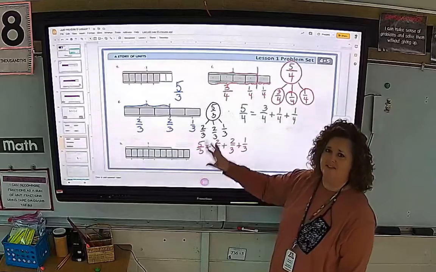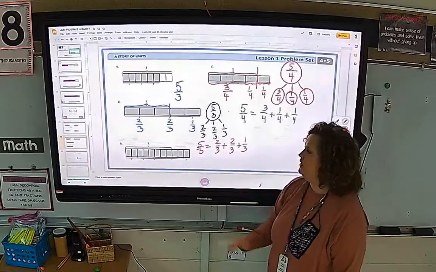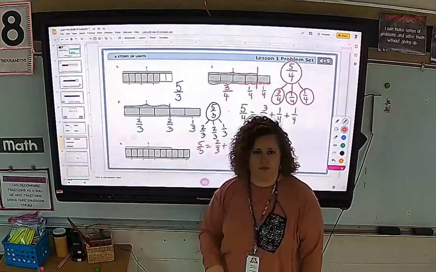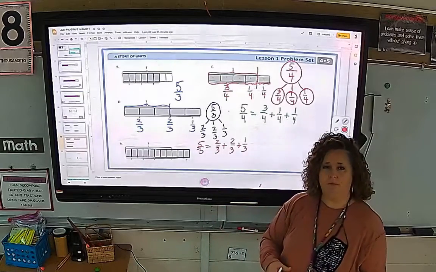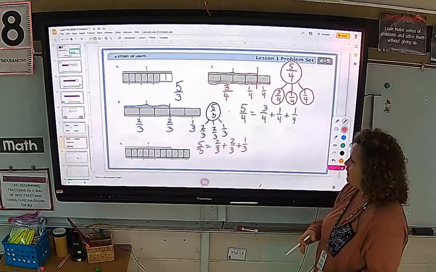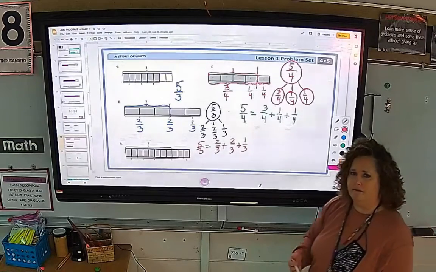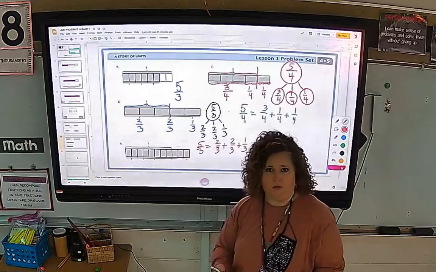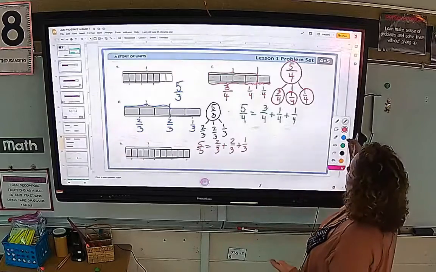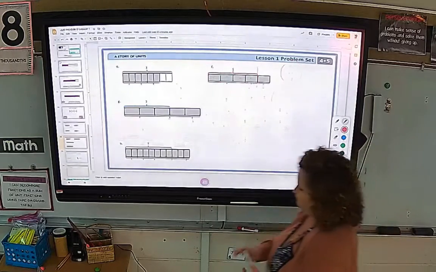Once you get this, the number bond is super simple. You've just got to pay close attention to the details in your diagram. Okay? All right. So that's how those work. The problems that I've not worked with you, I do want you to try on your own. Okay? All right, I want to show you